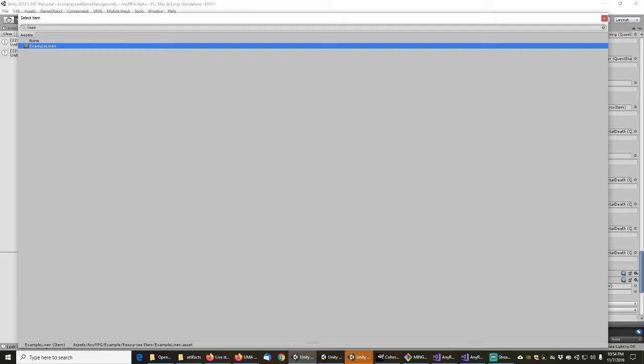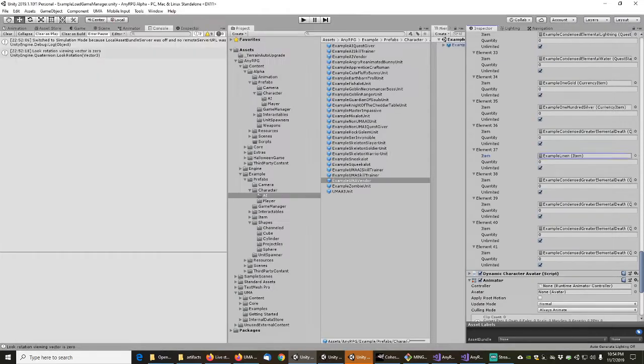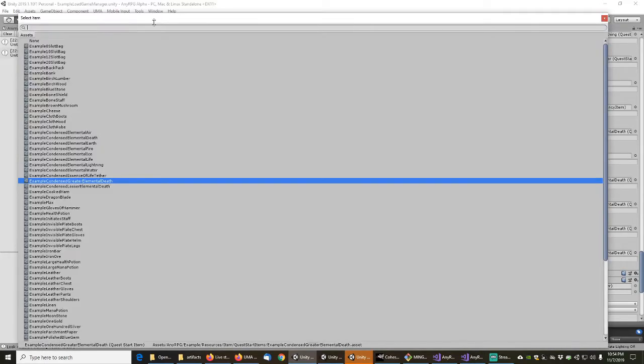And look at that. YouTube is not receiving enough video to maintain smooth streaming. I wonder if it's actually freezing up my whole computer, because I tend to notice that those YouTube error messages come at the exact same time that Unity just freezes up in general. So we're going to click on this, and